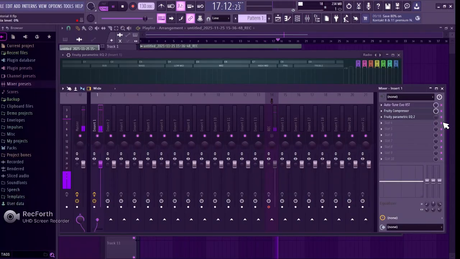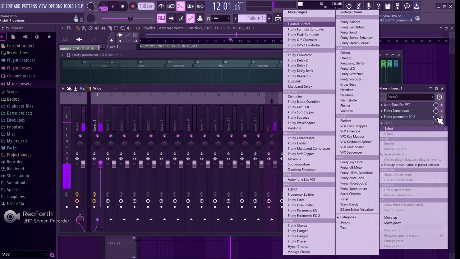Then I will reduce the value here. If you want to reduce the value, you can see you can reduce the value here and increase the value. So if you want to reduce the value, just hold your mic and your mouse and bring it down. So I will bring it down somewhere around here. If I take it off, you see how it sounds. You can see it. It's sounding harsh,